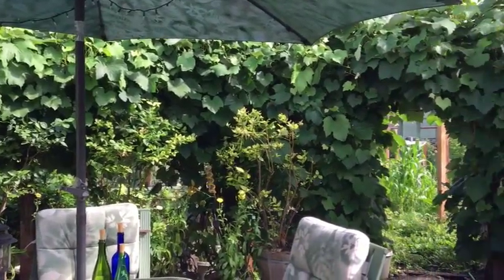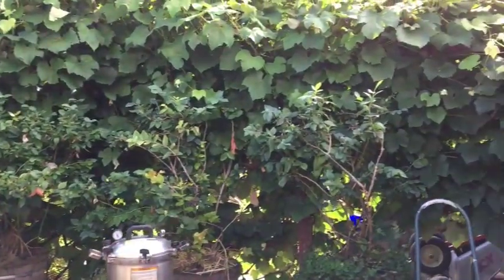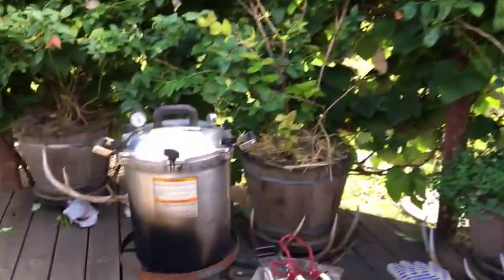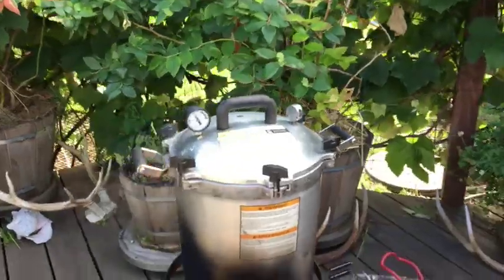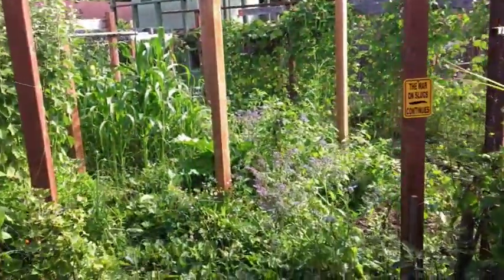And then here's the view. I don't think I really showed it like this last time. Grapevines, blueberries are all done. Grapes are growing. And I've got some green beans canning right here. I've got 16 pints of green beans in there. So they'll be done here shortly. Okay, and then out here in the main garden,